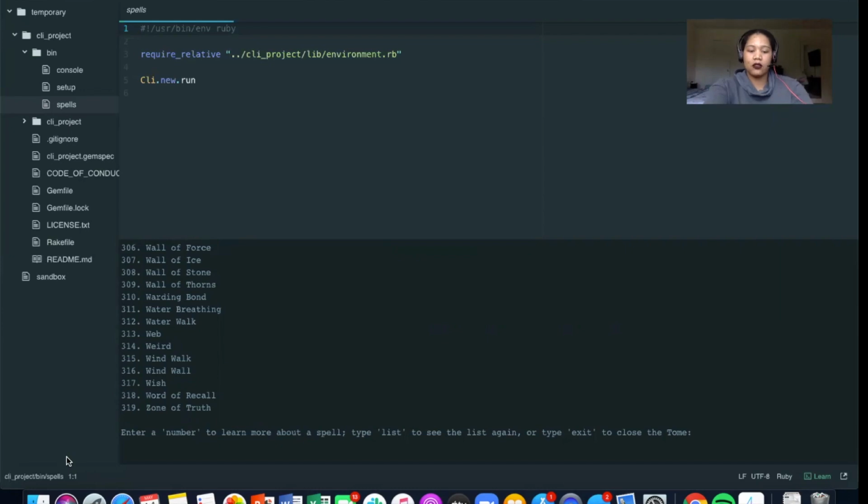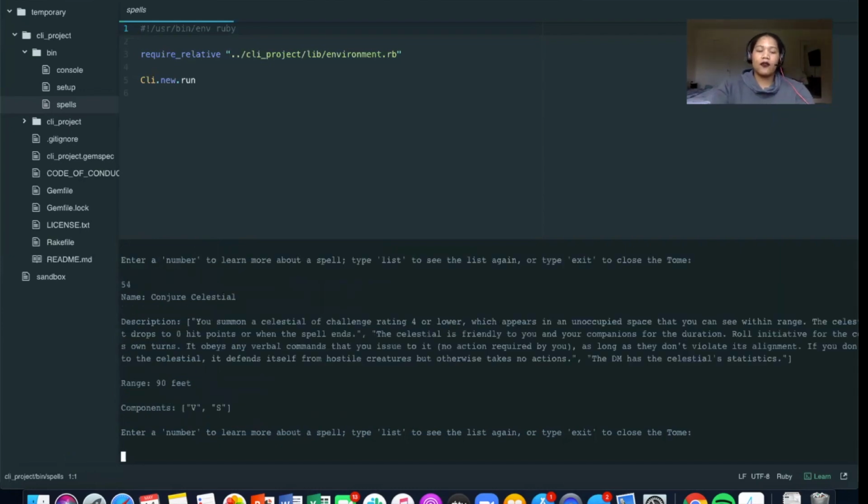So let's just look up a random one. Let's do 54. 54 happens to be Conjure Celestial. It gives you a description, a range, so how far you can cast the spell, and what components you might need. So depending on the spell, you will either see V as in verbal, like there's a verbal aspect to the spell, S as in somatic,